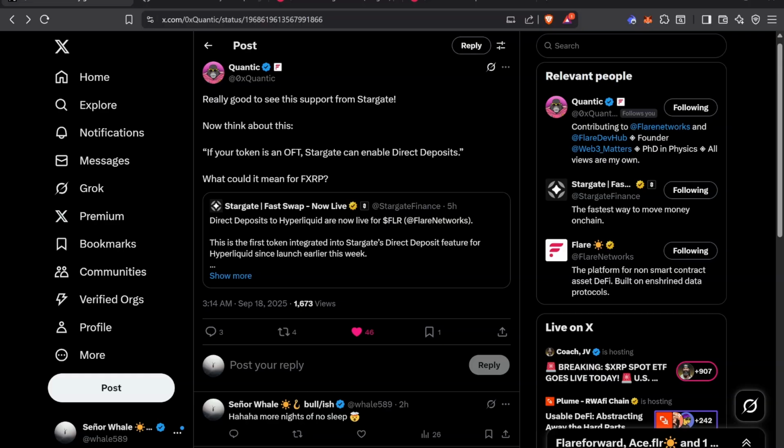But I feel very comfortable that once FXRP is minted on Flare, it works the same way as Flare or USDC or any token on Flare networks, which is the same standard that works across the Ethereum, like the EVM ecosystem.